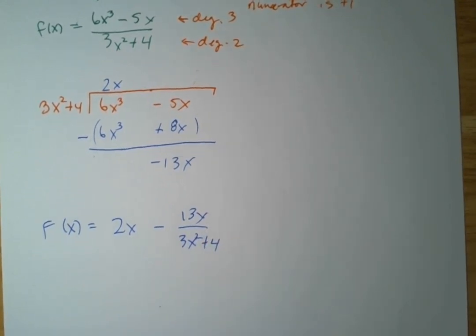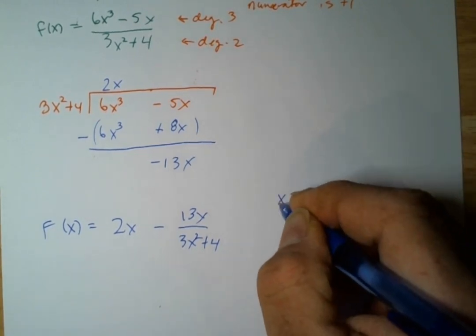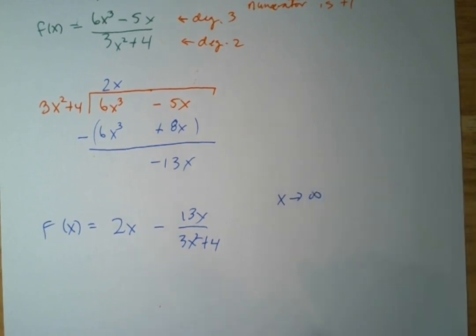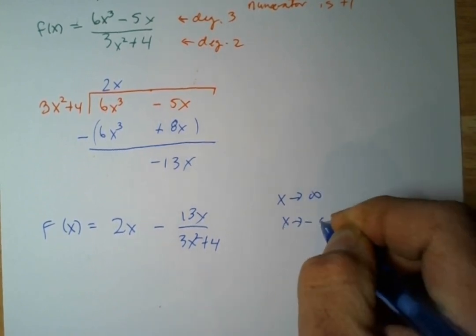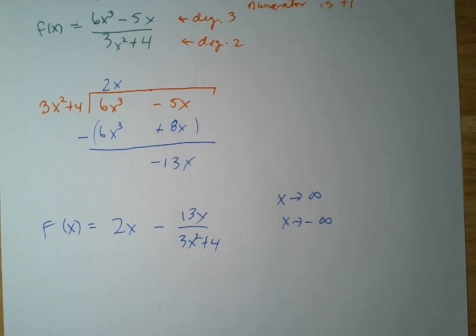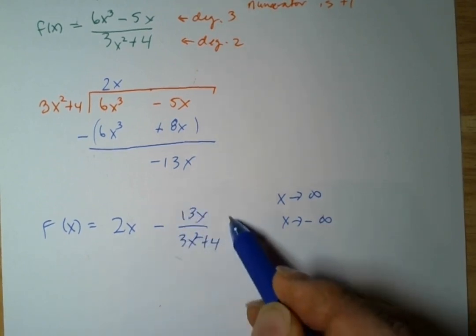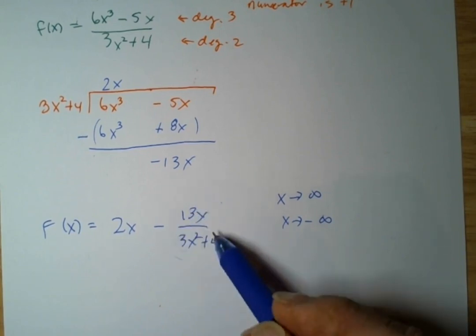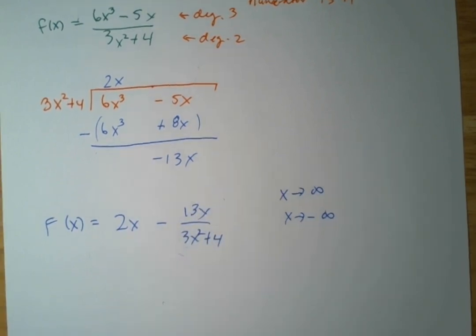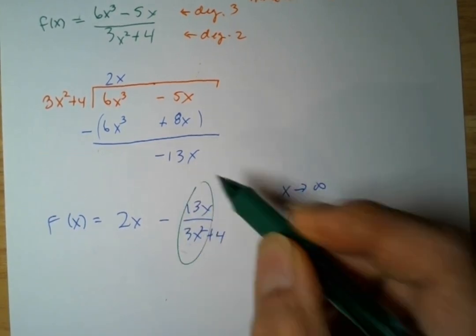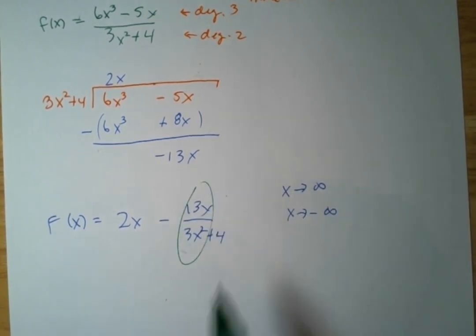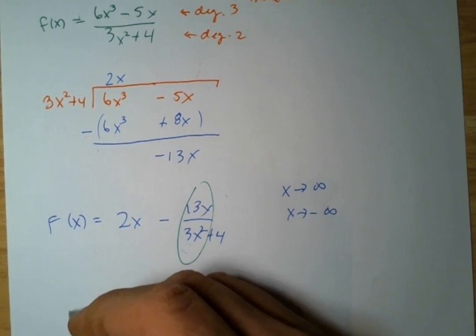All right, so as it turns out, for this slant asymptote, this is a type of end behavior. So what happens is we look at what happens as x goes to infinity or as x goes to negative infinity. All right. Now, in both cases, this remainder here is going to go to 0, right? If we look at the leading terms here, it's bigger in the denominator, so it resembles that 1 over x. And you notice that from our toolkit function, both of those go to 0. So what we're left with